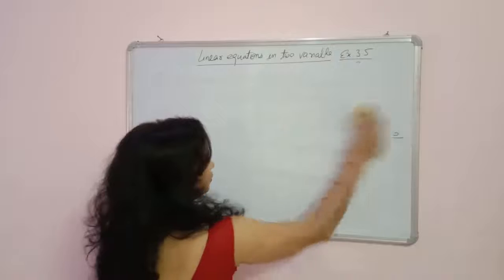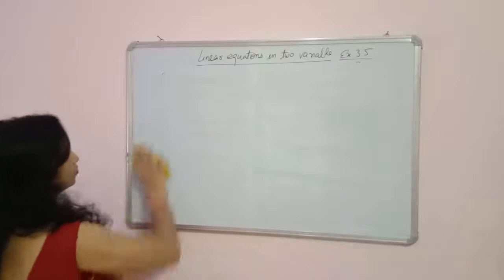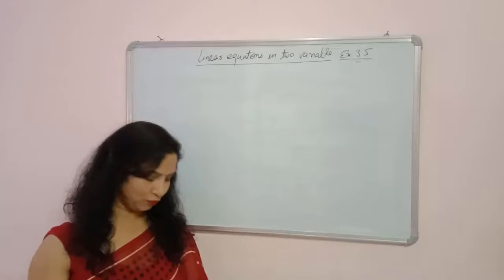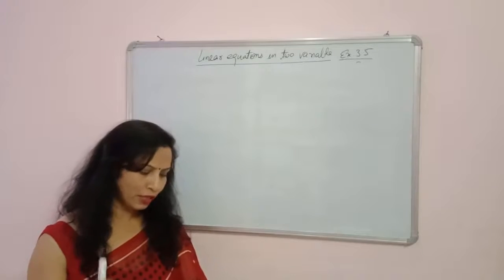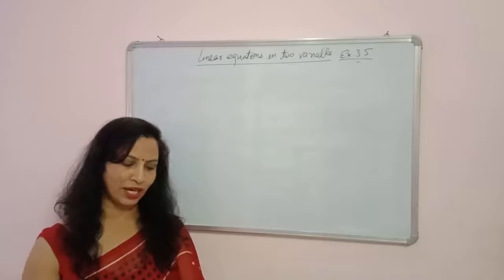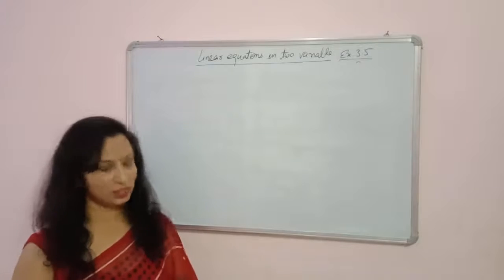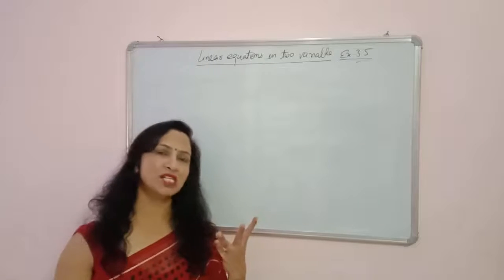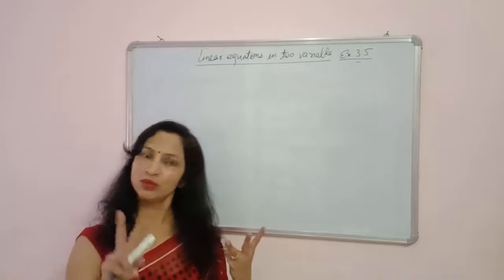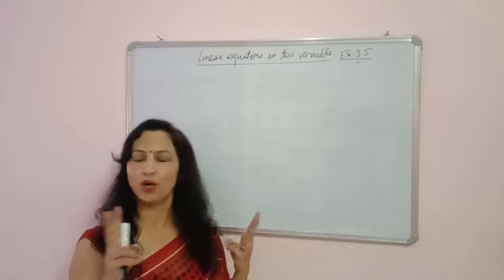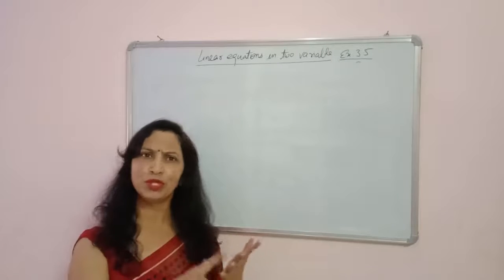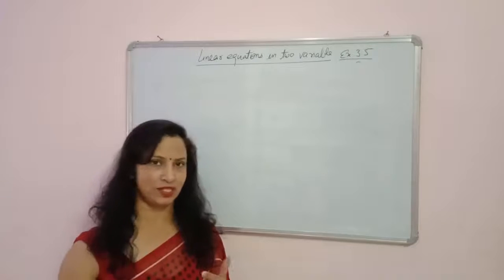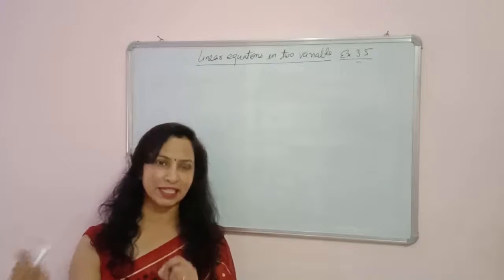Now the third question. Okay, the third part of question number 4. Yash scored 40 marks in a test, getting 3 marks for each right answer and losing 1 mark for each wrong answer. Suppose you get 3 marks for 1 correct answer. If you do 2 correct answers, then how many marks will you get? It will be 2 into 3, 6. And how many marks will you get if you do 10 correct questions? It will be 3 into 10, 30 marks.